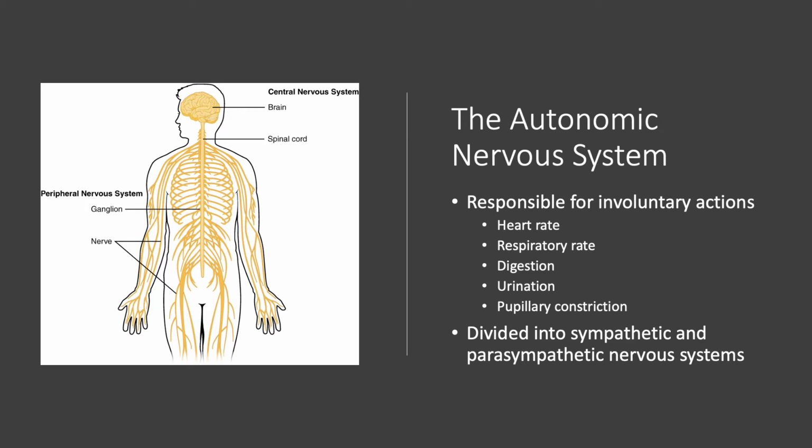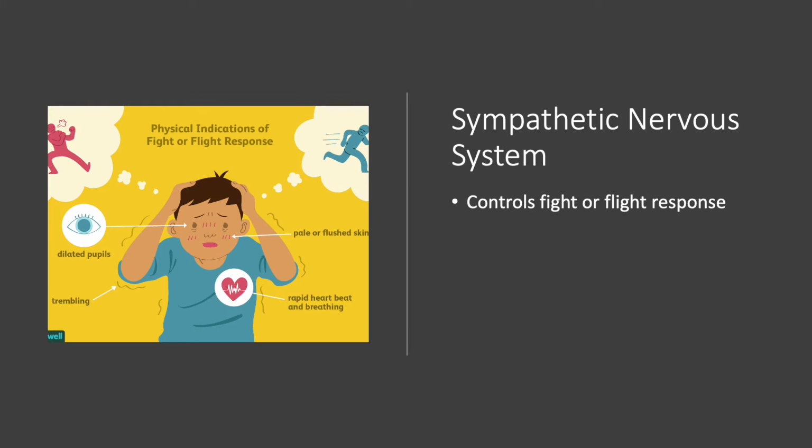The ANS is further divided into the sympathetic and parasympathetic nervous systems. So first, the sympathetic nervous system controls our fight or flight response. This is how the body reacts when it's in danger or in stress. The sympathetic nervous system causes the body to speed up and become more alert,